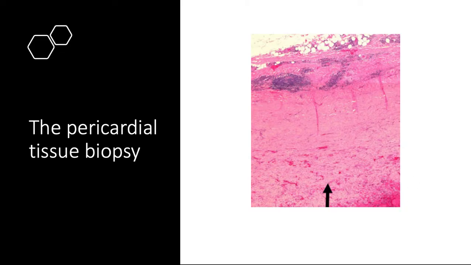Here, the black arrow on the picture indicates the interior of the cardiac pericardium. In this case, the patient shows the symptoms and signs of right-sided heart failure, including shortness of breath, pleural effusion, ascites, pericardial effusion, and ankle edema, all of which are non-specific for the diagnosis of constrictive pericarditis.